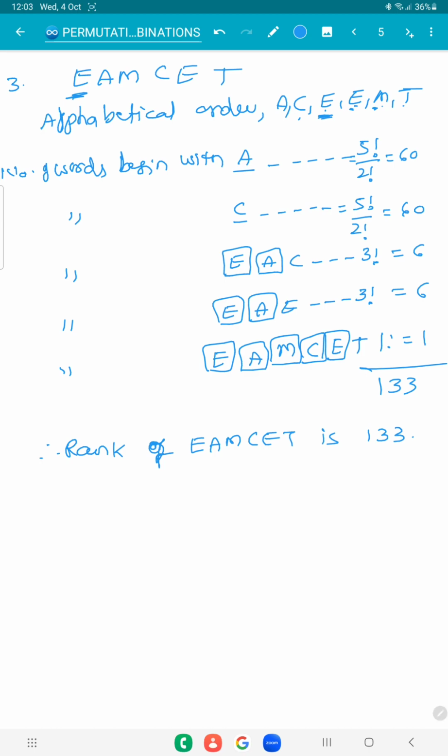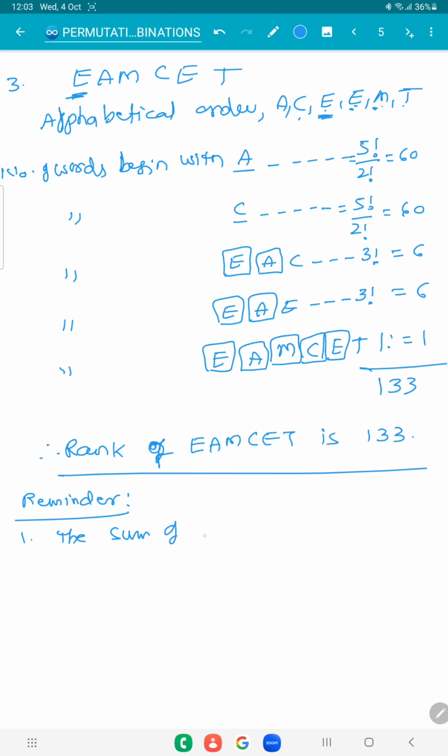Before going to the next question, we have to learn 2 notes. So just applying the formula only. Find the sum of all 4-digit numbers, right? So remember, this is the first one. The sum of r-digit numbers